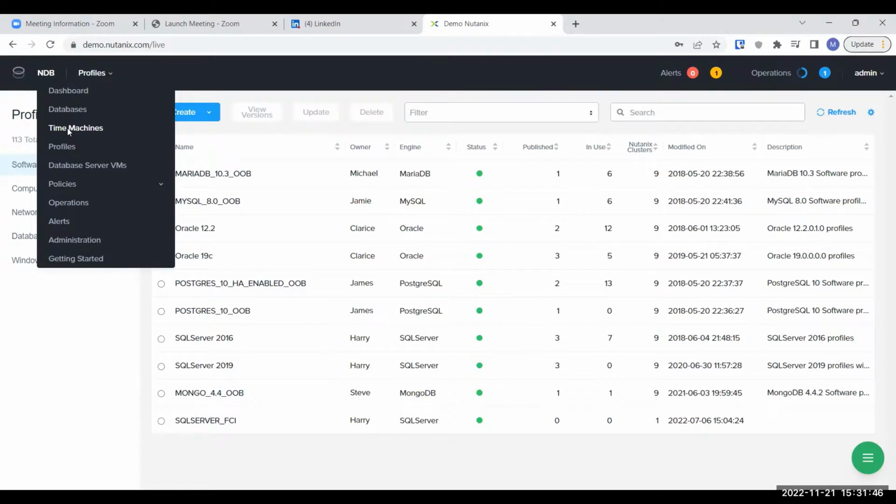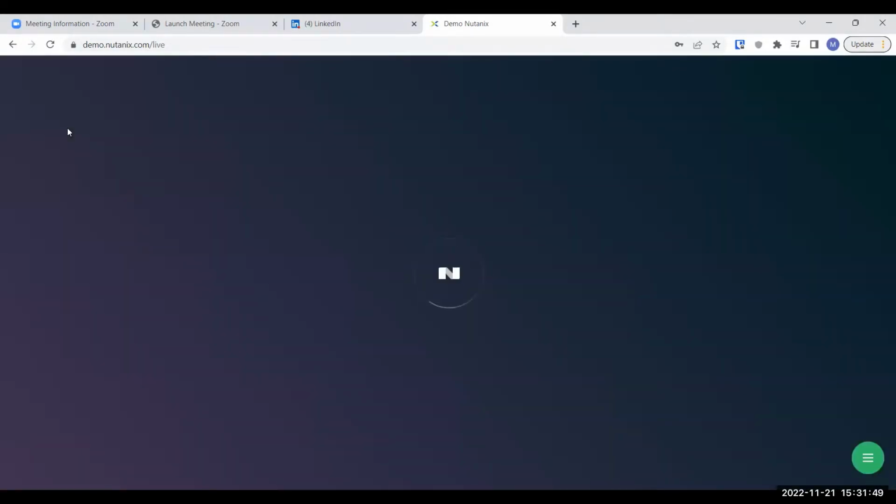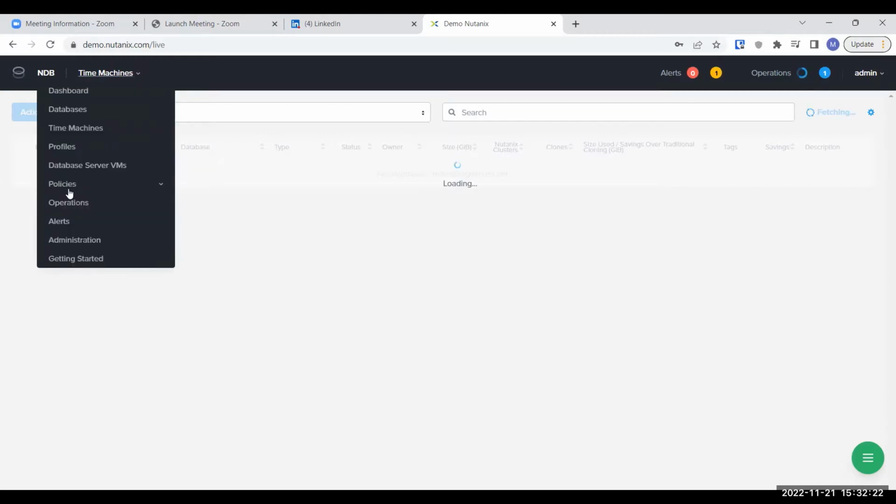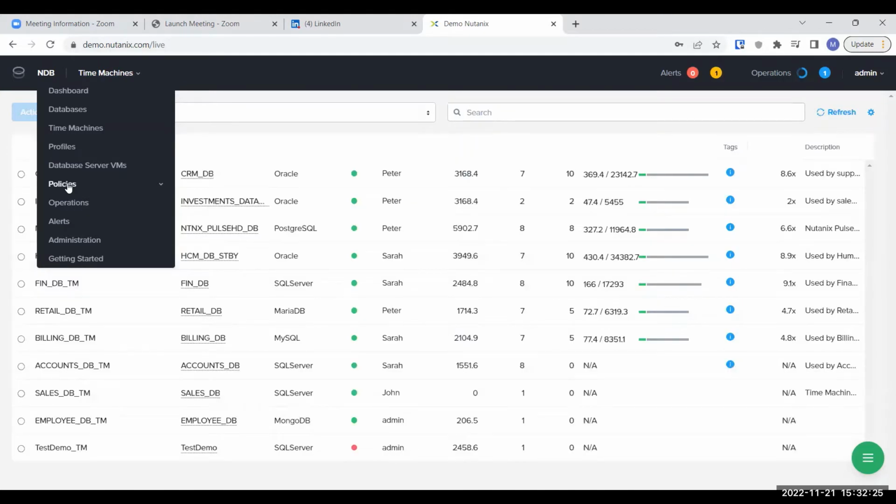For the time machines, you can also configure the time machine here. For SLAs, you can go to policies and create your own SLAs.